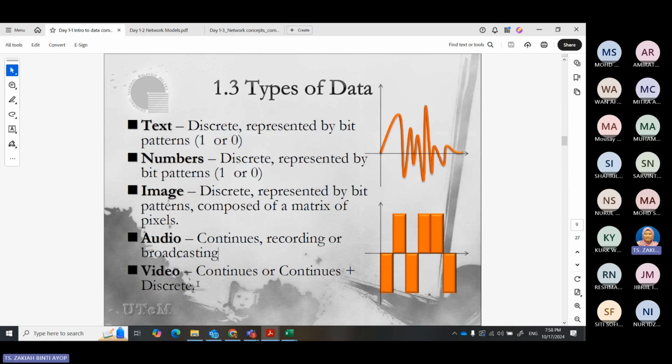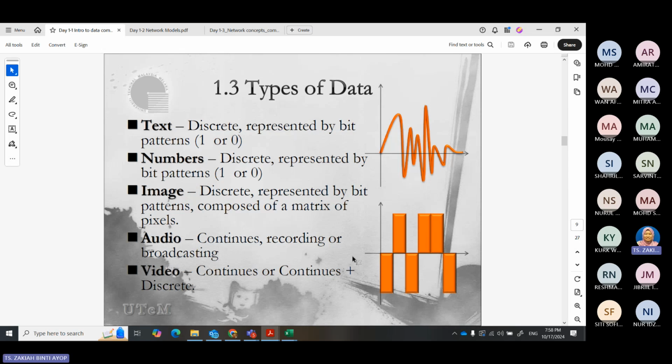But video is continuous or can be a combination of continuous and discrete, because video can include the audio and also an image. And images can be represented by bit patterns.